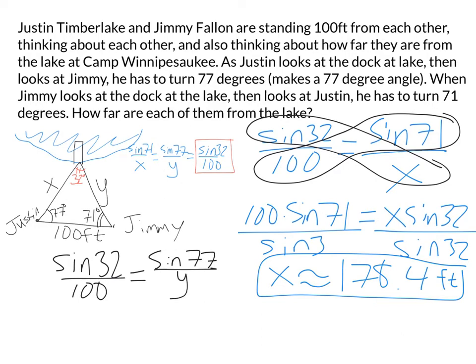So if I cross multiply, I'm going to run into basically the same type of problem. It's going to be 100 times sine of 77 equals y times sine of 32. So I will get y equals,